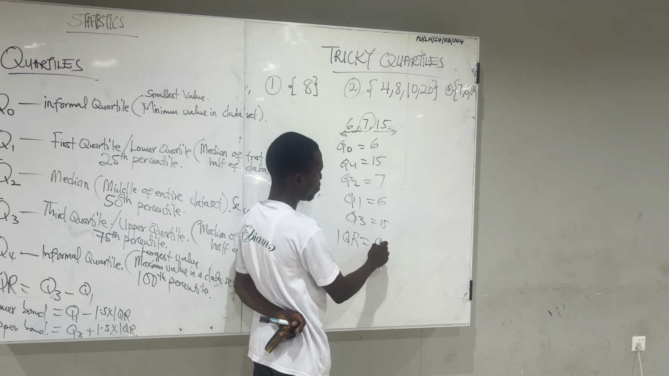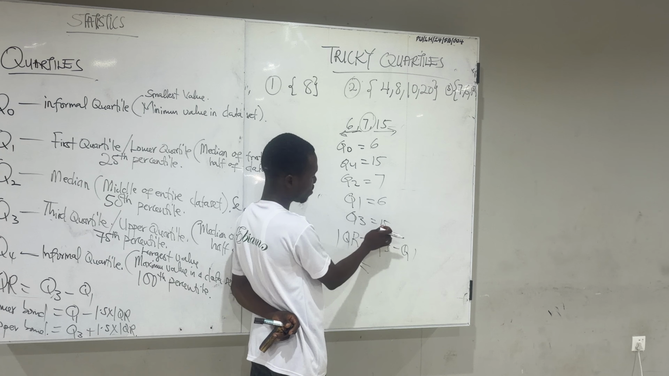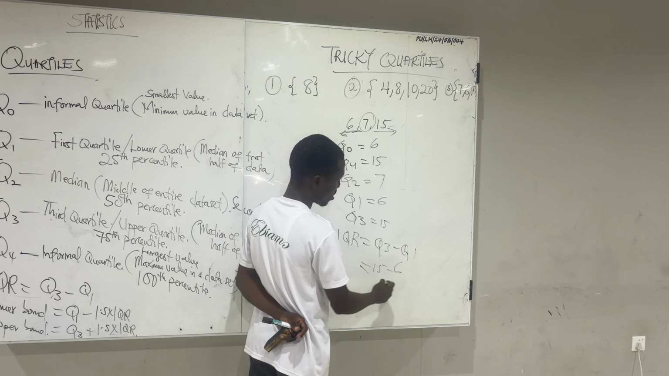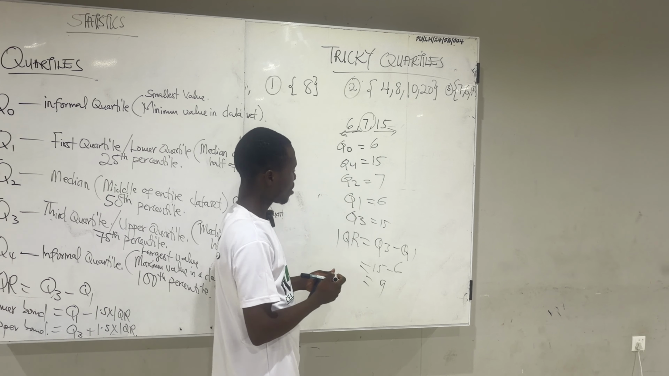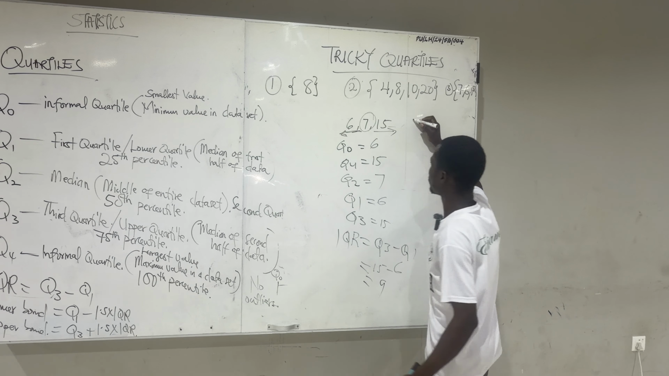Interquartile range, which is Q3 minus Q1. And that's going to give us the Q3 is what? 15 minus the Q1, which is what? 6. And this one is going to give us what? 9. Okay. So now we can solve for what? Our